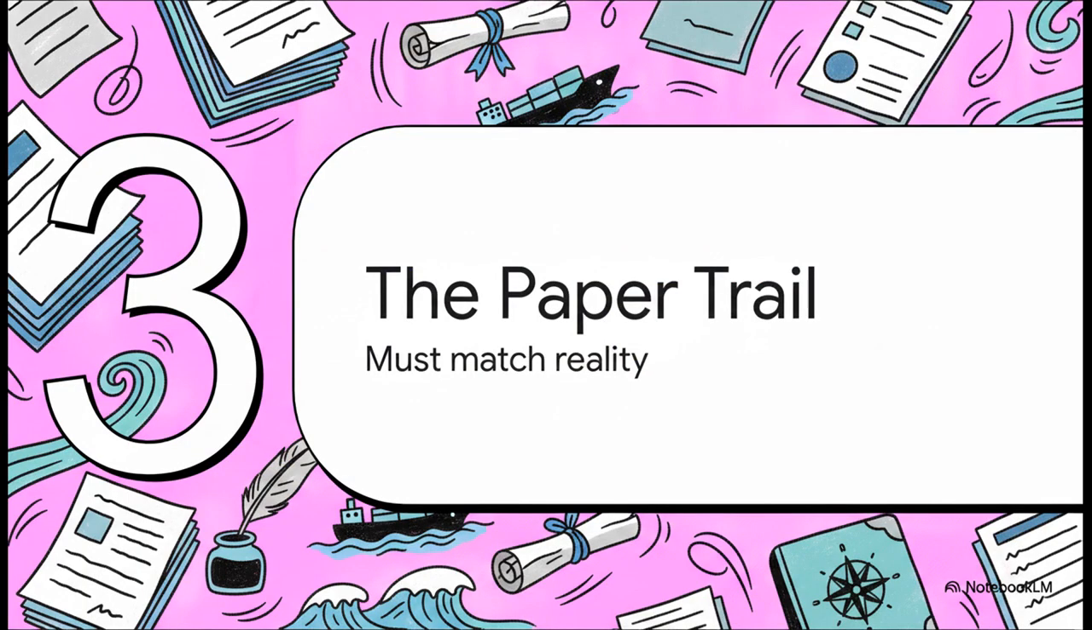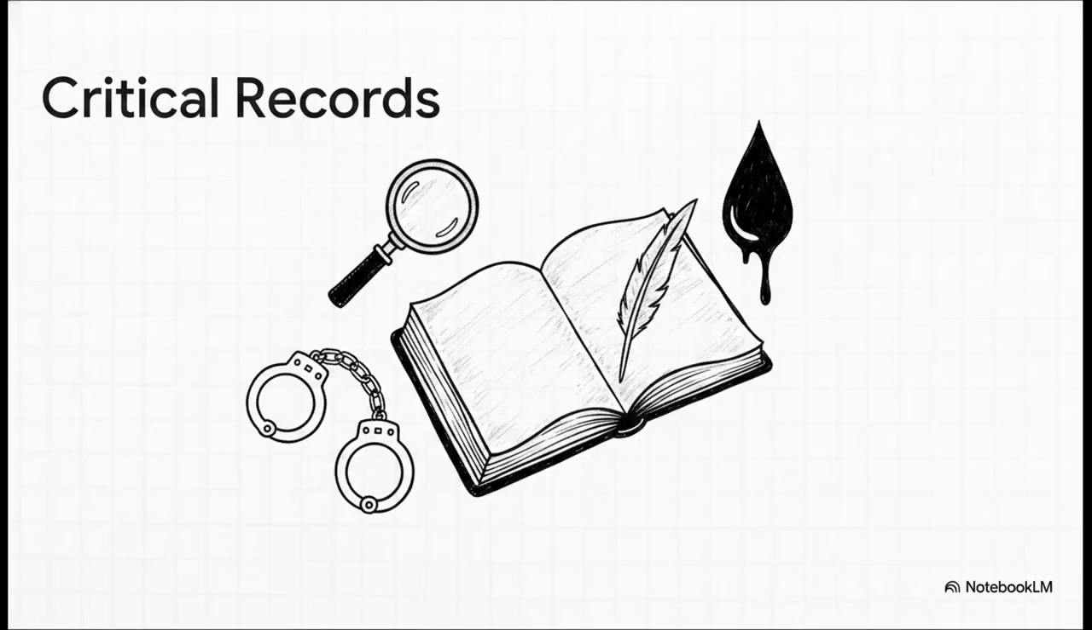Section 3. The paper trail. If it isn't recorded, it didn't happen. Listen closely to this one. In the eyes of maritime law, a missing signature is treated literally like a physical oil spill. You are responsible for these critical records: the oil record book, parts I and II, the cargo record book, the garbage record book, bunker delivery notes, and the